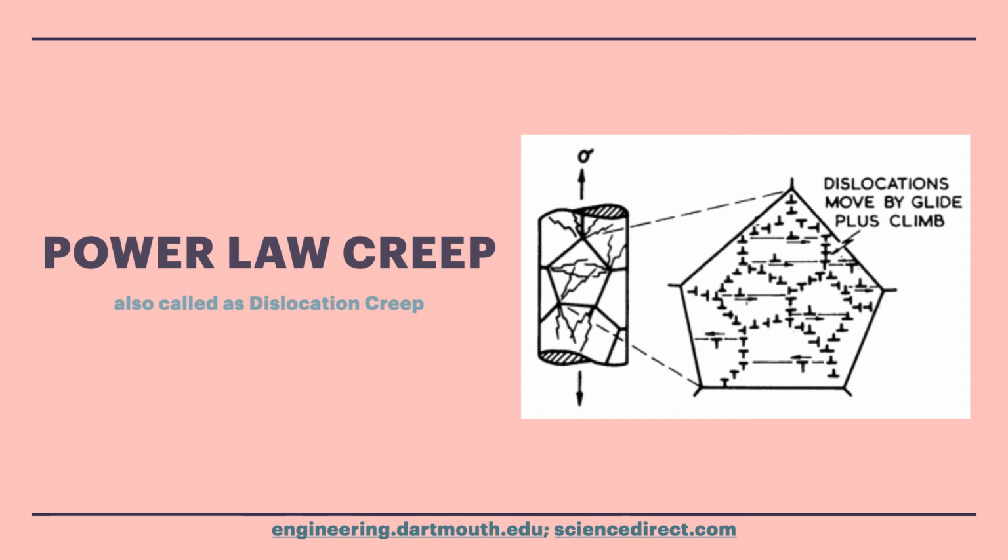Microscopically, the dislocation that occurs here consists of two motions, glide and climb. This combination of glide and climb allows the dislocation across a crystal lattice to happen a lot easier than simply a gliding motion. The strain rate due to dislocation creep is related to stress and temperature using this equation, where sigma is the stress given, D with the subscript is the effective diffusion constant, G is the shear modulus, b is the Burgers vector, and k is Boltzmann constant. The power n is usually between 3 to 10 for this mechanism.